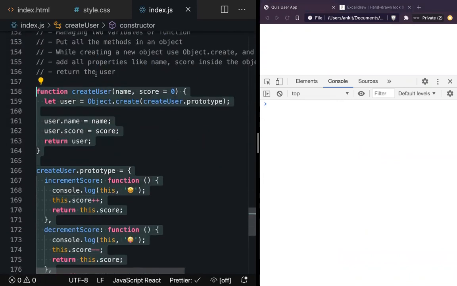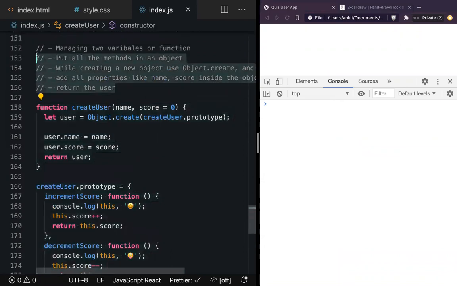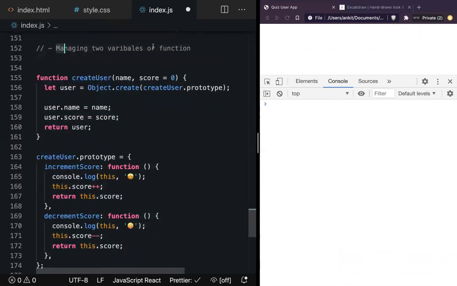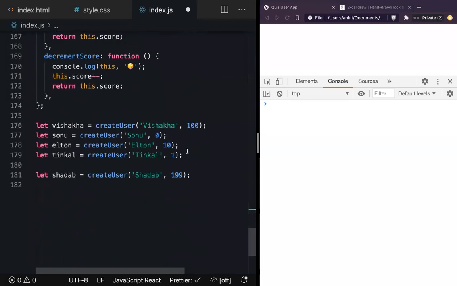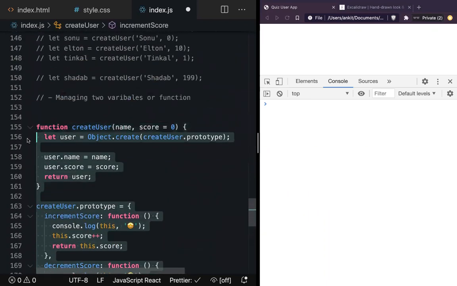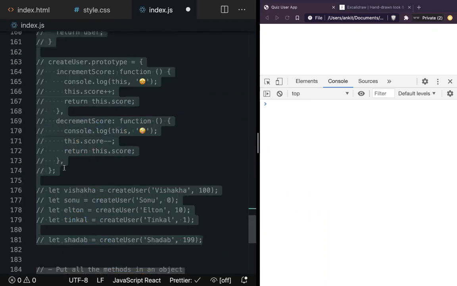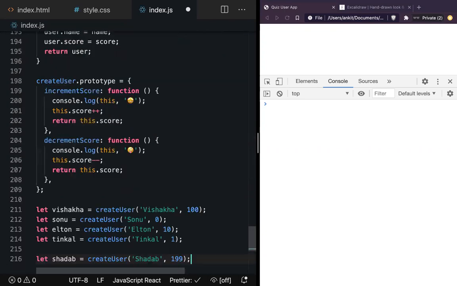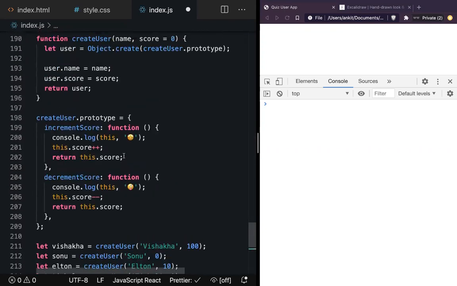Now the only problem we are facing is, so I'll move this. The only problem we solved here was, which problem we solved? Managing two variables and functions. Now here, look at the requirement that you have now. So the requirement that we have right now is, who can walk me through creating a class like this in JavaScript? How can you do that right now? What are the different ways of doing it? Like, how will you do it? You'll create a function. So start from there. You'll create a function. That is the first thing. What is the second thing?